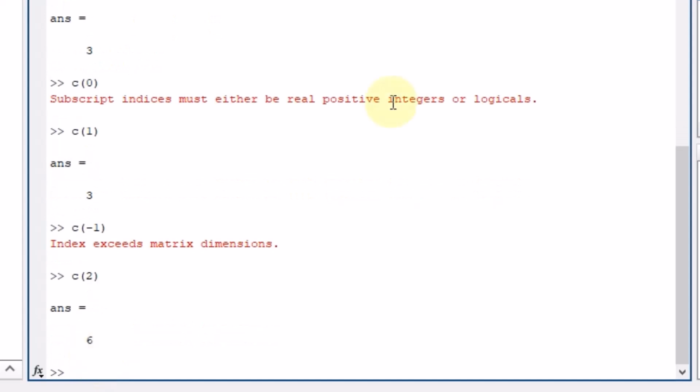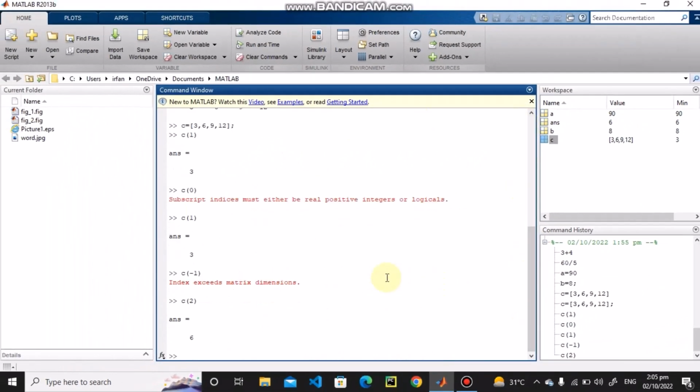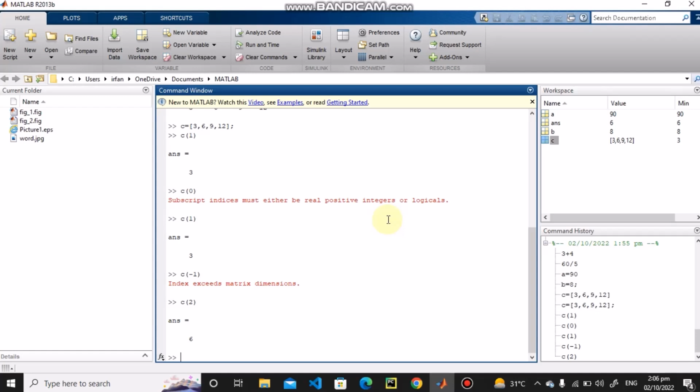I think it's enough for today, in which we have discussed the basics of MATLAB and also the basics of some vectorized variables. In our next video, we will talk about different matrix calculation methods, the basic functionalities of matrices, and how linear algebra and matrices can be used in different fields of engineering and sciences, in image processing and signal processing, and we will basically go to the advanced level in our